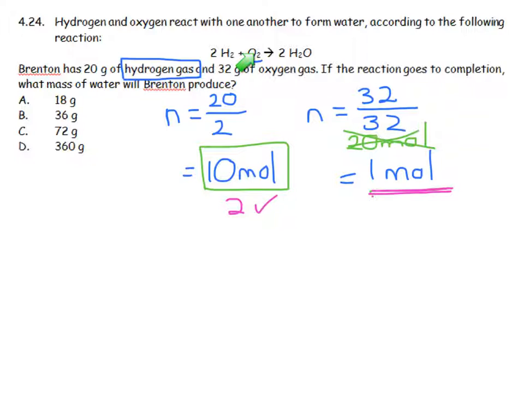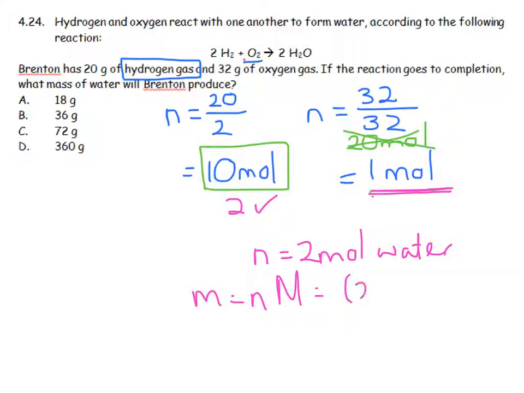So I've got 1 mole of oxygen. I'm going to make 2 moles of water. So number of moles is going to be 2 moles of water. What is the mass? Mass is equal to number of moles times molar mass, which is 2 times the molar mass of water, which is going to be equal to 1 plus 1 plus 16, which is 18, and I therefore land up with 36 grams of water. Correct answer is